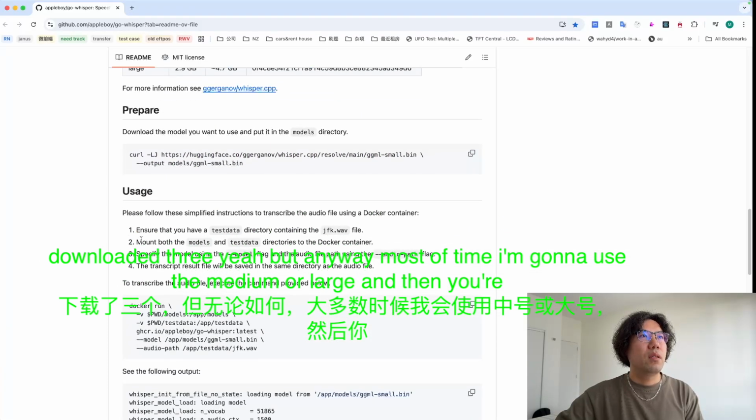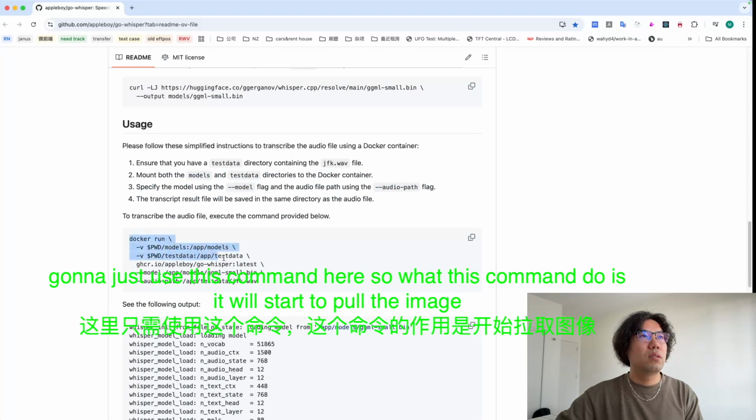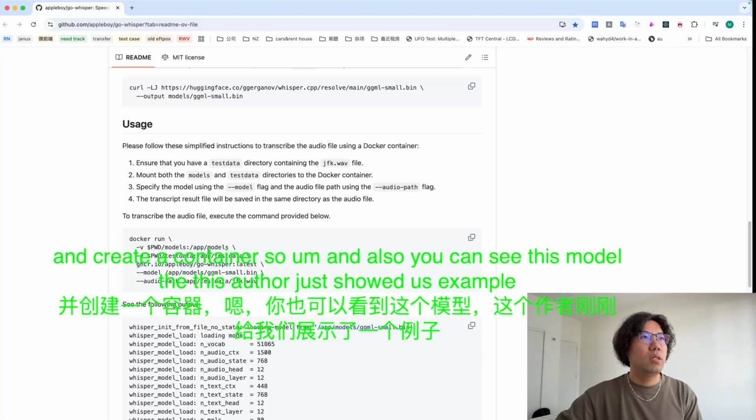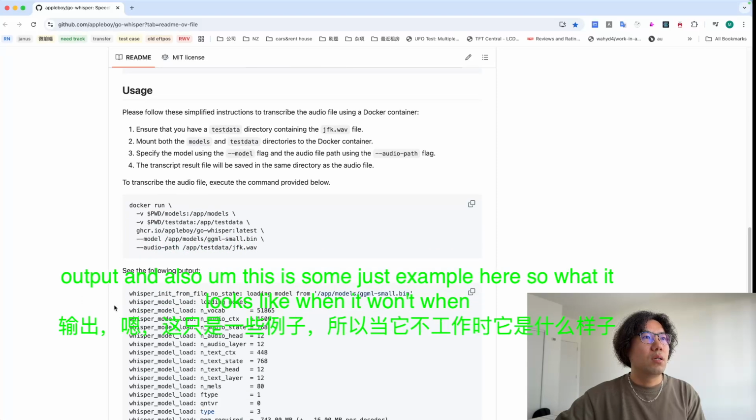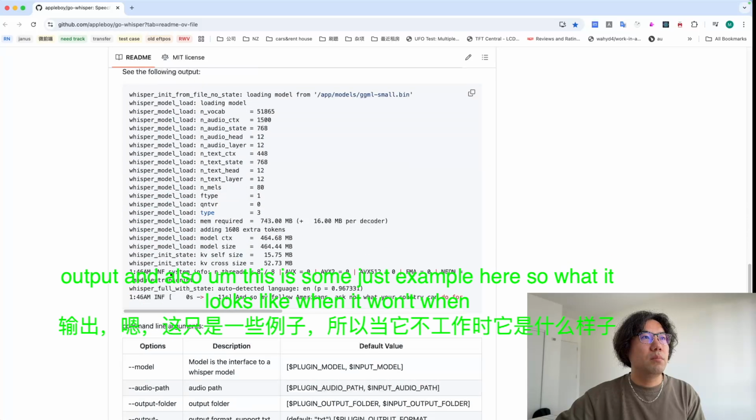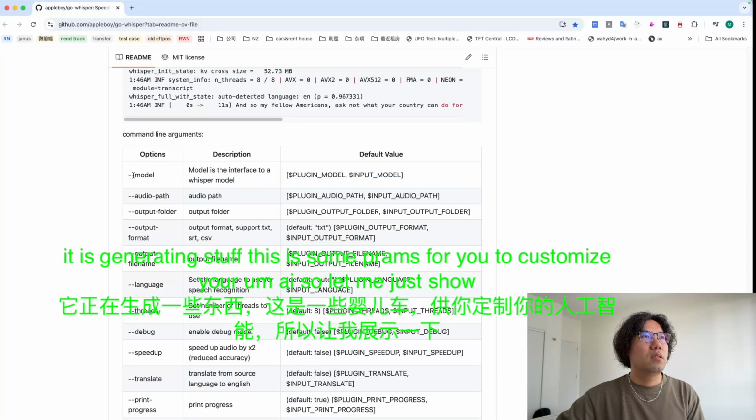Then you just use this command here. What this command does is pull the image and create a container. You can also see that the author showed an example using the smaller model. The audio path is the path you would like to choose for your output. And here is an example of what it looks like when it is generating. These are some params for you to customize